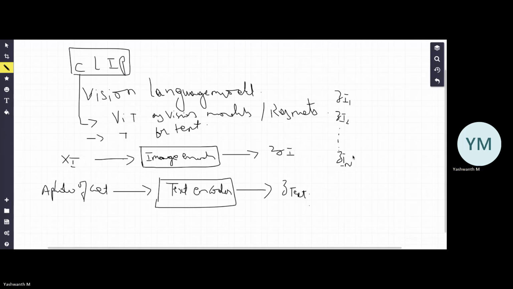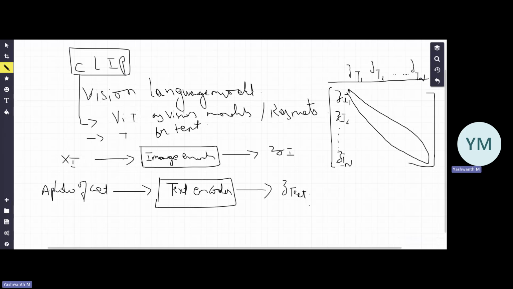Similarly, we get n text descriptions Zt1, Zt2, and so on, Ztn. So here we would like to maximize the agreement between the images and their corresponding text. So on the diagonal, we pick here,